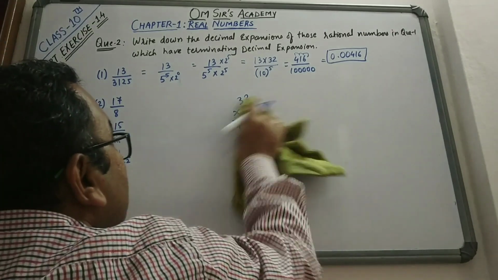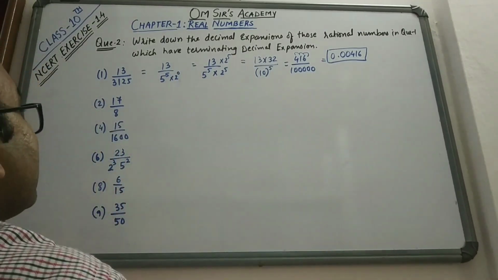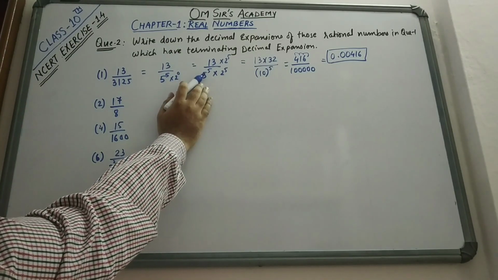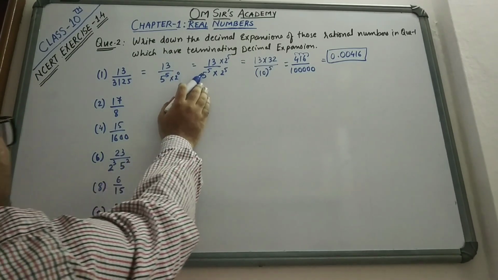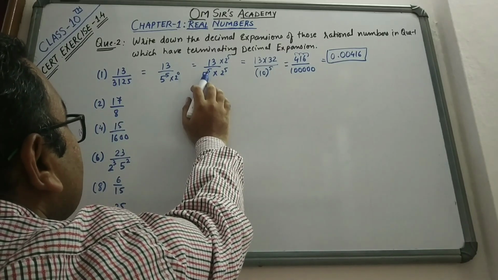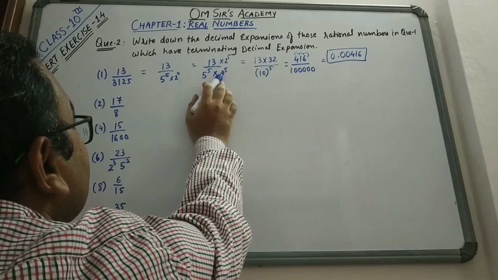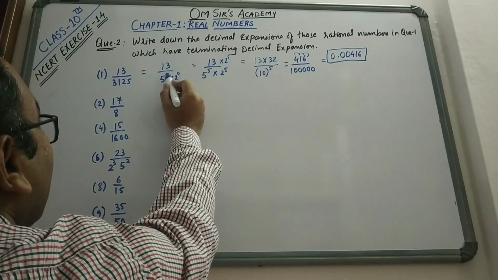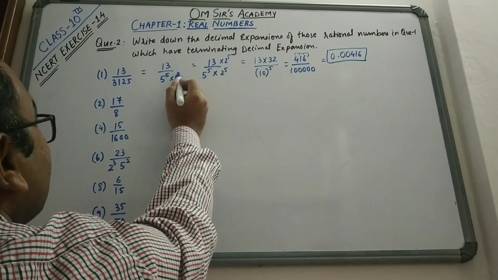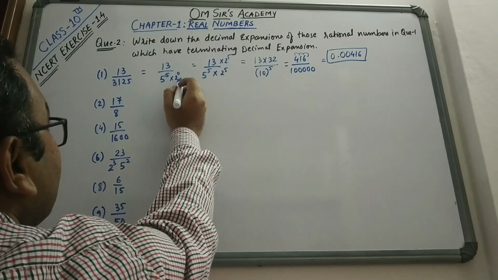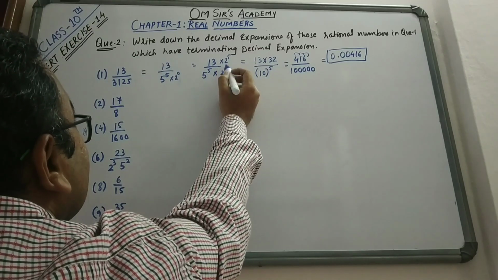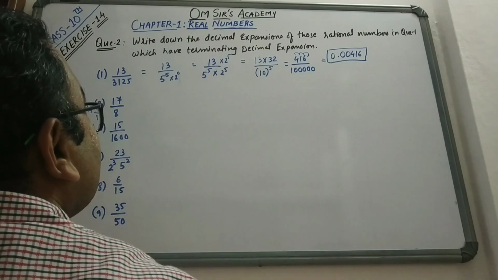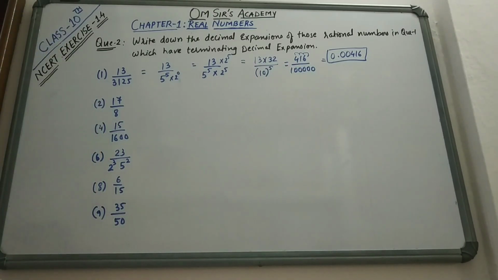Is it clear friends? So इसमें बहुत इजी स्टेप है. हमें क्या करना है? 5 और 2 के जो पावर्स है वो सेम करने हैं. If 5 is missing something, then we have to multiply 5 raised to that much power, and if 2 is missing some, then we have to multiply 2 raised to that power. So here 5 raised to 5 was there. 2 में पावर 5 जो है वो कम पड़ रहे थे बैलेंस करने के लिए, तो हमने क्या किया? हमने ऊपर नीचे न्यूमरेटर और डिनोमिनेटर को 2 raised to 5 से मल्टीप्लाई किया, and then it was very simple to make a terminating decimal expansion.